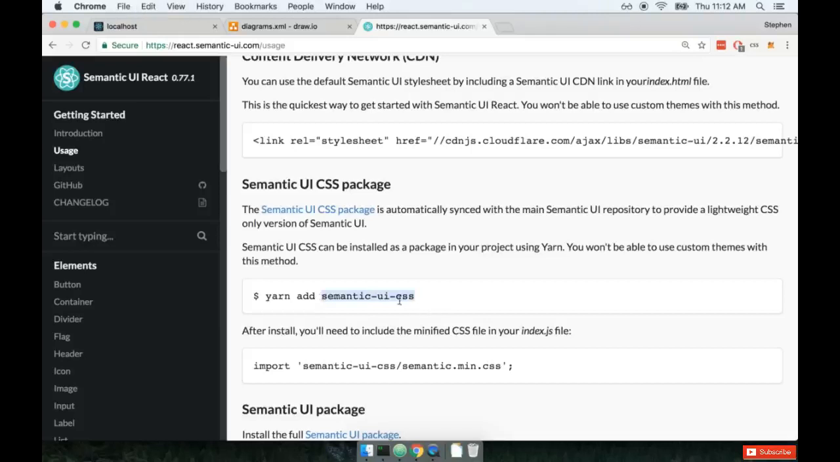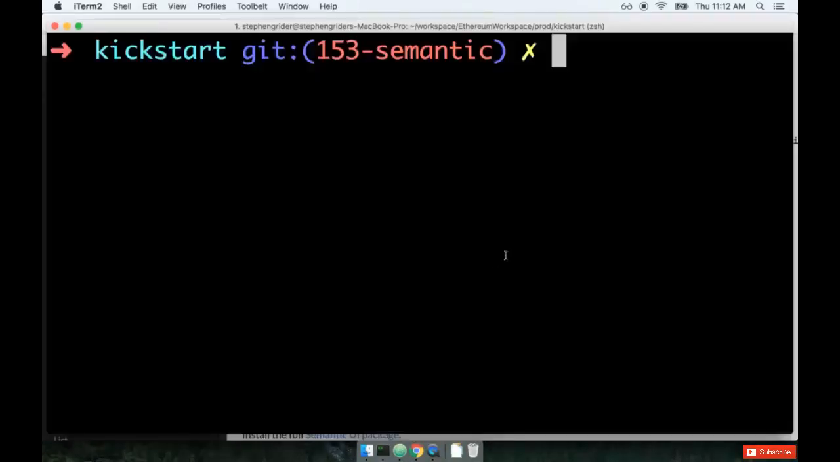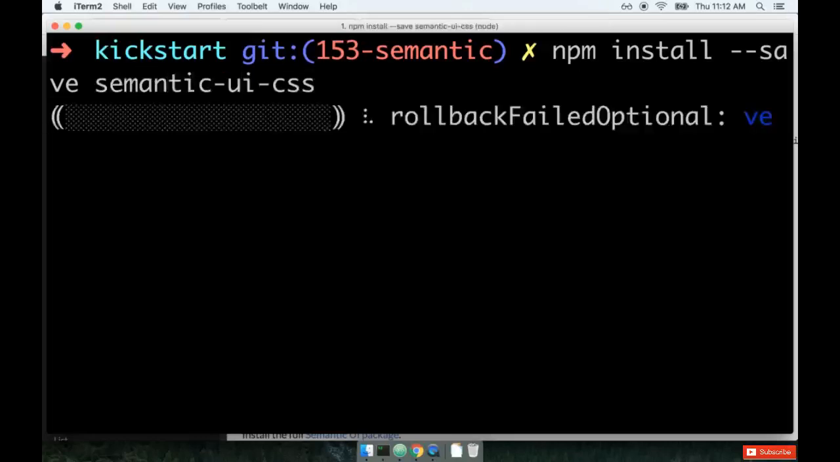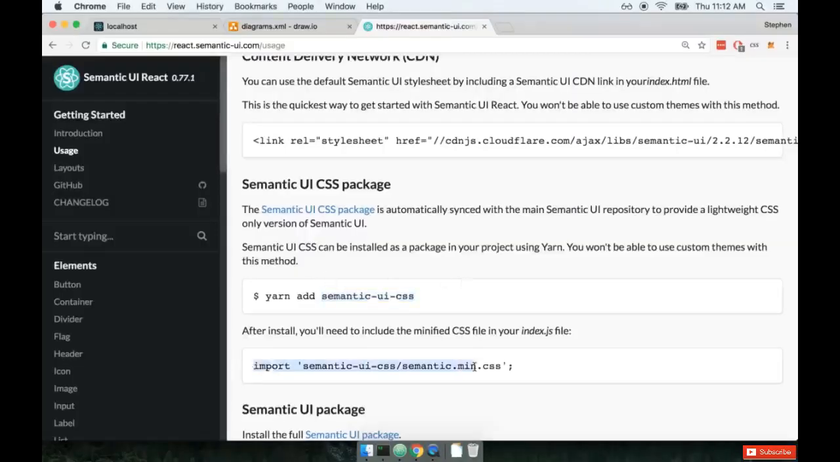Semantic UI CSS. Back inside my project directory at the terminal, I'll run npm install --save semantic-ui-css. All right, so we'll let that do its installation, and we'll come back in just a moment and make sure that we add in this import statement. But while that's installing, let's talk